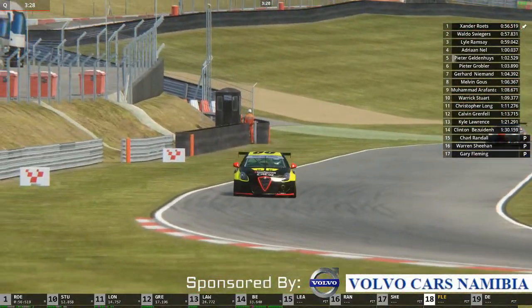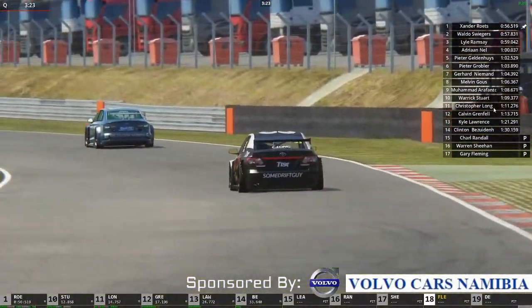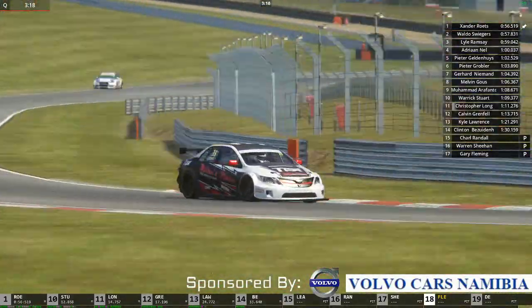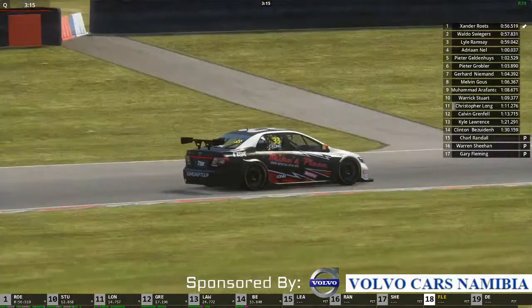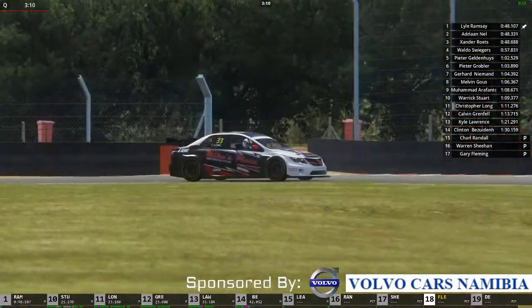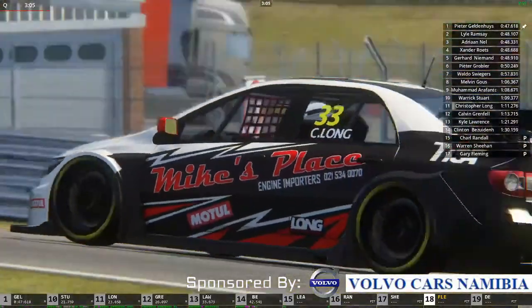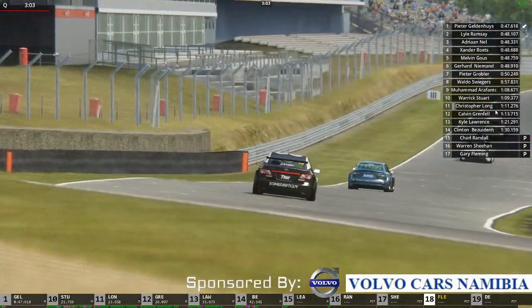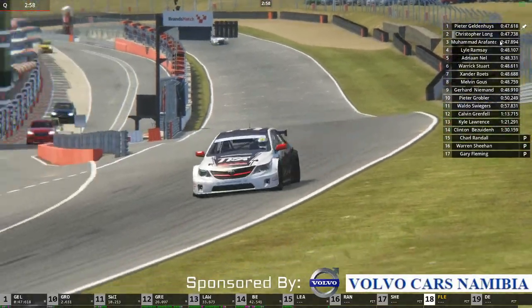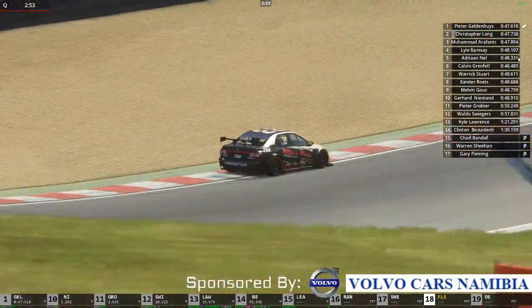What I can tell you is that the reigning South African drifting champion, Christopher Long, that's him in the Mike's Place car, does not carry hardly any additional weight at all, and seeing what he's done in the earlier part of the practice session, with only 20 kilograms of ballast, that Mike's Place car is going to be super duper quick in the hands of the reigning South African drifting champion. Interesting to see. Peter Geldenhuys puts in his first time of 47.6, Christopher Long 47.7, Mohamed Arafanta 47.8, Lyle Ramsey,